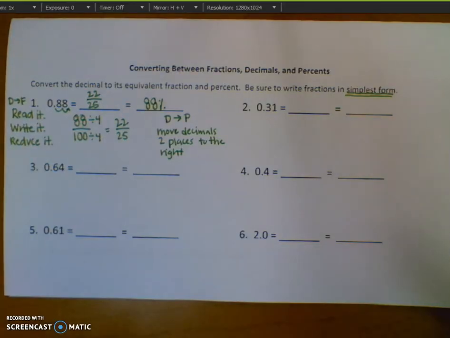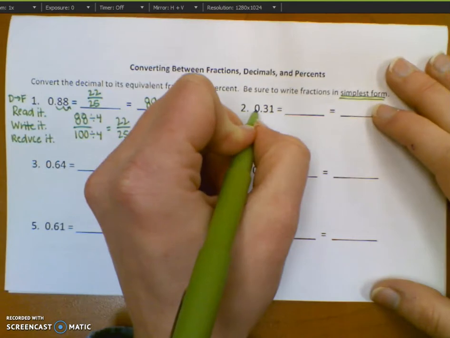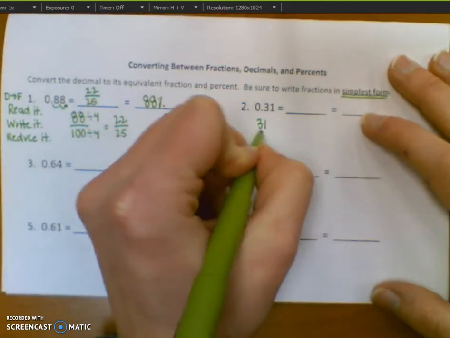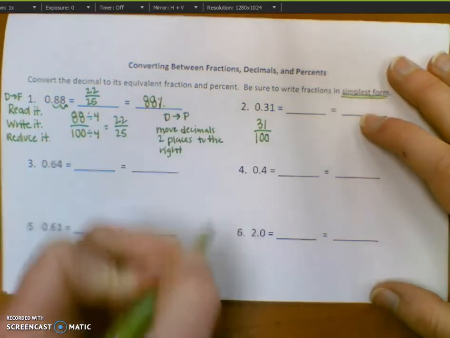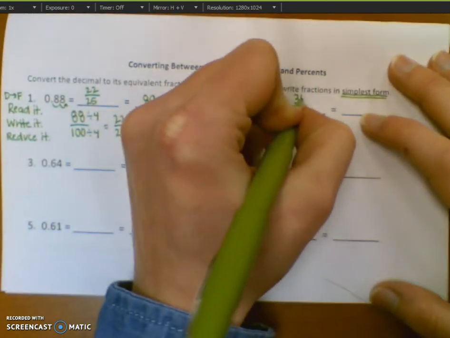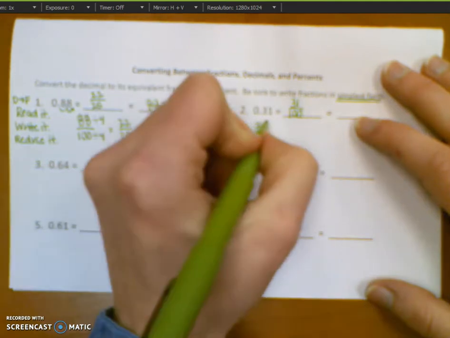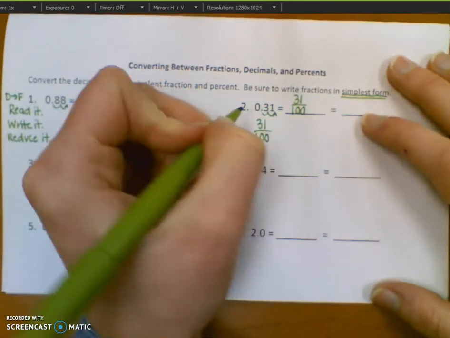So I'm going to do one more example for you here. Read it, write it, reduce it. I read this as 0 and 31 hundredths. I'm going to write it as 31 hundredths. I actually don't think that there's a common factor between those two, so that's already in simplest form, 31 over 100. To convert it to a percentage, I'm going to take my decimal and go 2 places to the right,